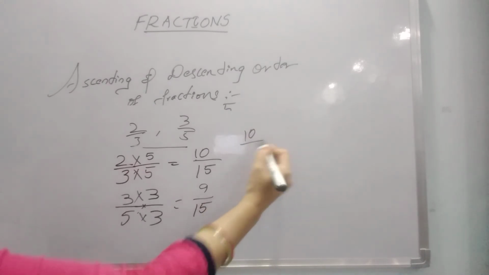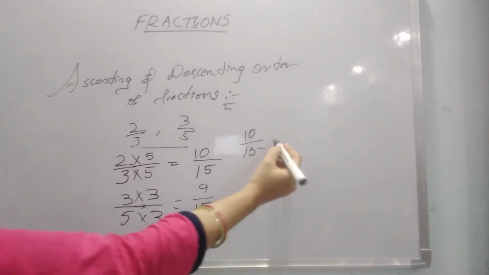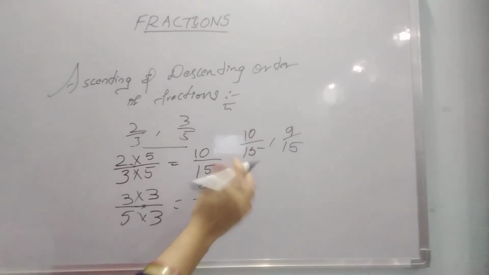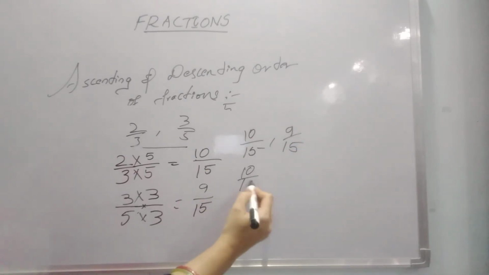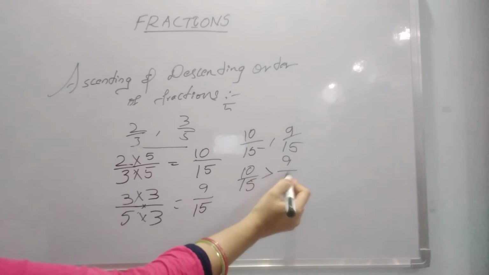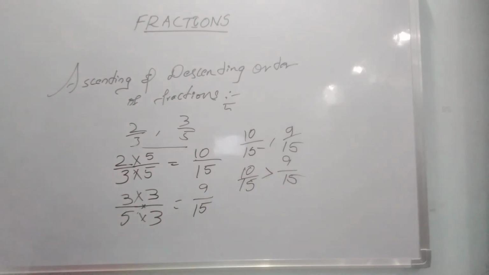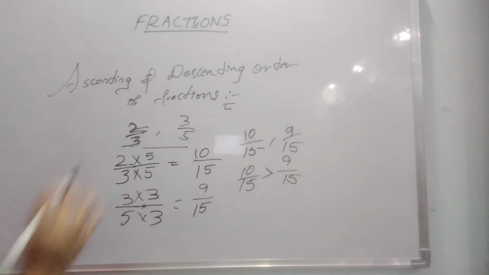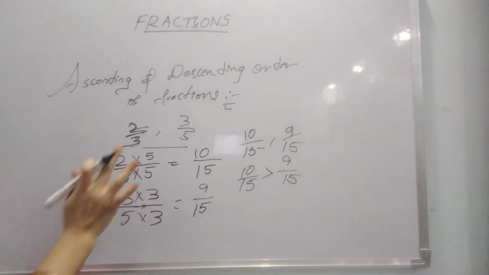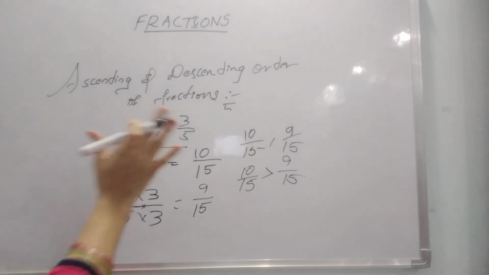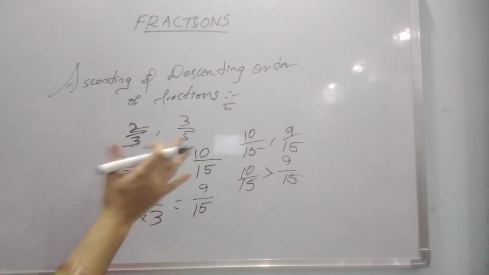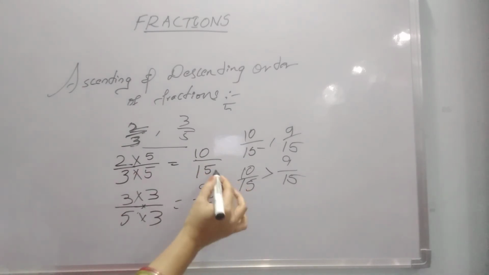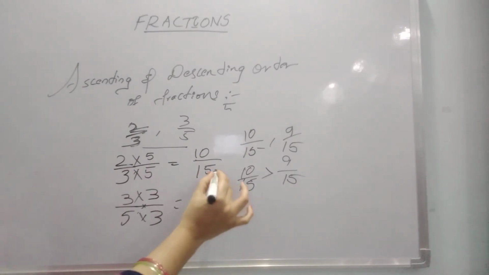Now our comparison will be very easy. Now tell me which fraction is bigger. 10 by 15 is the bigger fraction. 10 by 15 is greater than 9 by 15. Okay. If given unlike fractions, how can you say which fraction is bigger? First you take unlike fractions and convert into like fractions. That means we have to change two denominators into the same number.